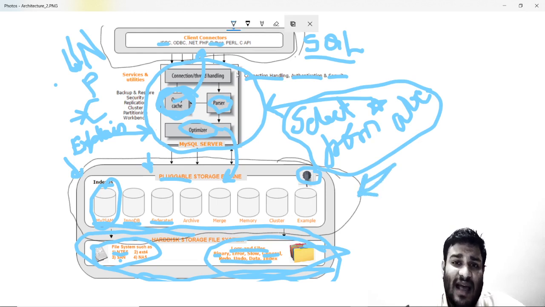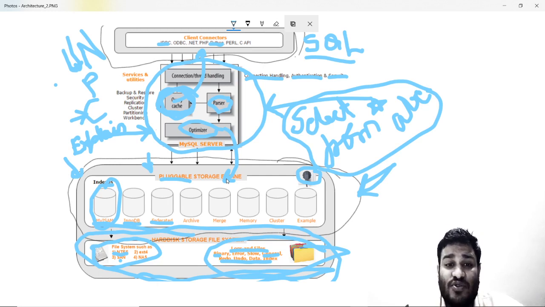So when we say that we have written a query and it got parsed and optimized, now it goes to the storage engine. What if you are altering a table? Whenever you alter a table or change the data inside a table, there are some locking systems. So why exactly a locking system?